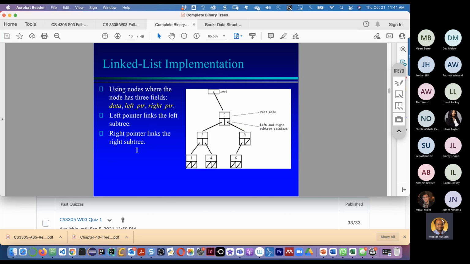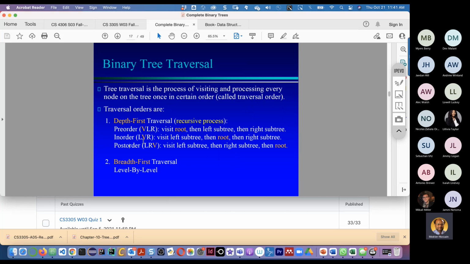And I gave you some homework to practice. There is another implementation, the linked list implementation of a tree. So we will go through examples of both the linked list implementation and the array implementation. And the last thing we discussed in our last lecture was searching.